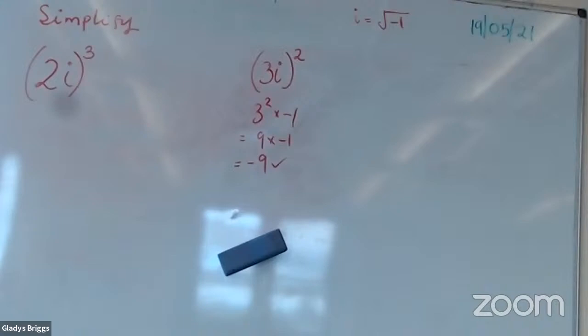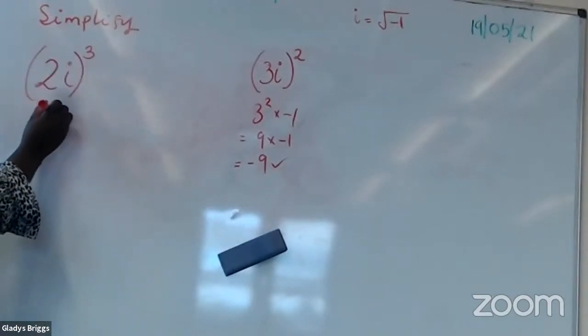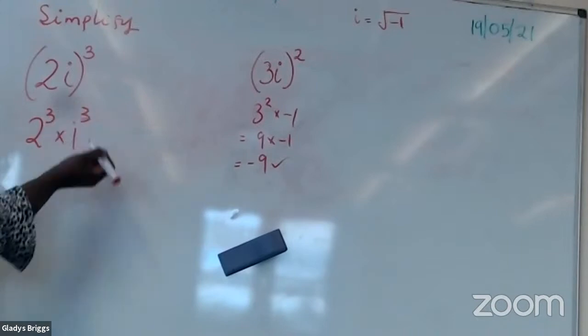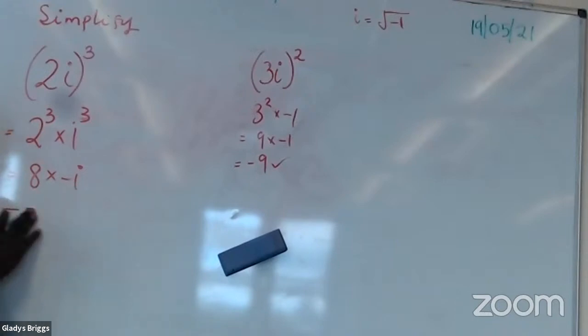Is it? Have you done it? Okay. Have we done that one? Negative I8. -8. Okay, let's see. Right. So 2 to the power of 3 times I to the power of 3. Okay, so 2 to the power of 3 is 8 times I to the power of 3 is -I. Negative. So your answer is